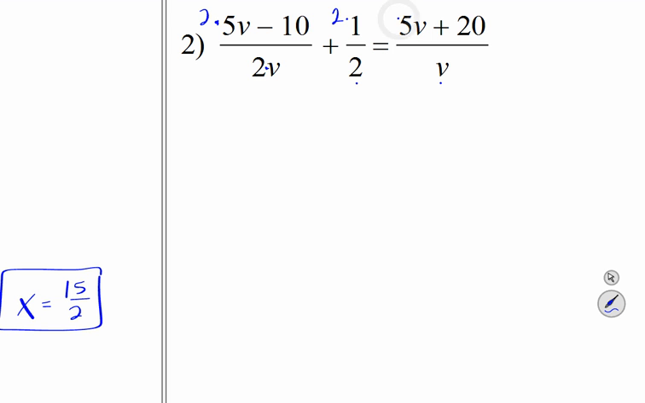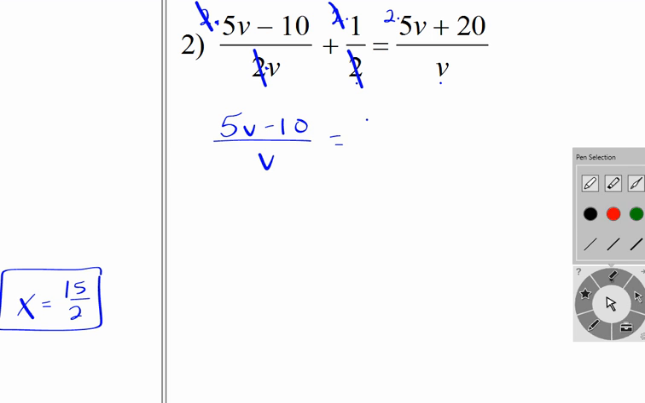2, I'll get rid of pieces of 2 different denominators. So 2 divided by 2 is 1, so those cross out or divide out, and then 2 divided by 2 is 1 here, so I get rid of that one as well. It leaves me with 5v minus 10 over v